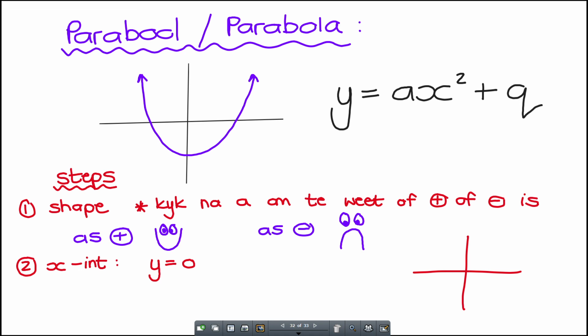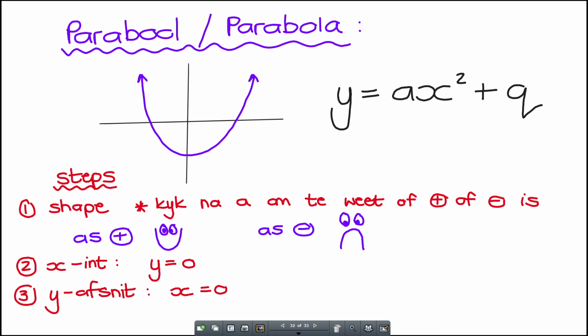Okay. Right, straightforward. Ekskuus, ek gee eers die stappe en dan gaan ons nou teen volgende periode eers begin doen. Right, dan stap 3. Gaan werk ek my y-afsnit uit. And how do we do that again? Ons gaan maak vir x gelyk aan. Is julle reg daar? En dan my laaste stapie, stap 4,